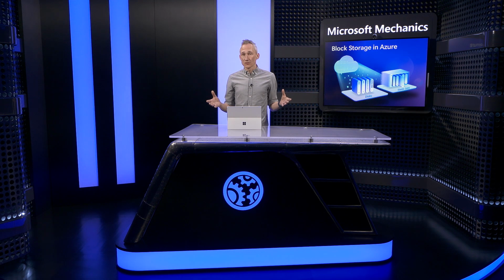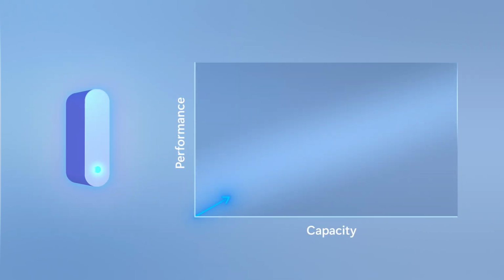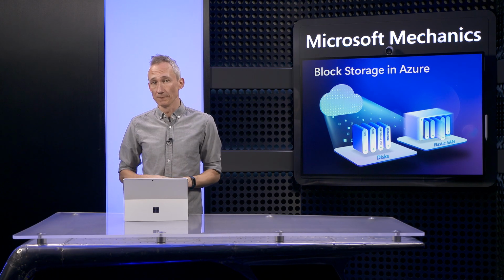Now, I'll go through these options in detail in a moment, but first, to balance price and performance, it's important to understand the requirements of your workload around four main areas. Starting with storage capacity, which refers to the size of your disk and how much data you need to store as you run your workload. As a rule in Azure, the larger your disk capacity, the higher the potential performance, although there are options that let you decouple capacity and performance, which we'll get to in a moment.